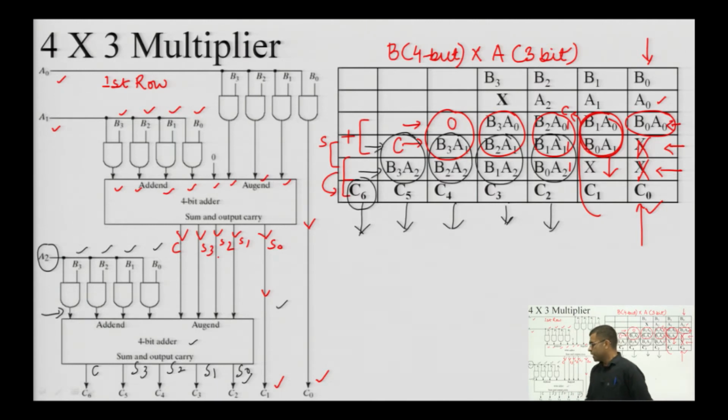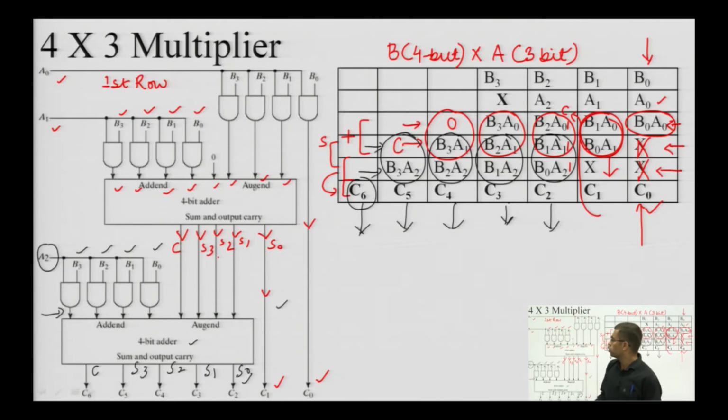Okay. It can be clearly seen that there must be another row here. There are 3 rows in a 4 cross 3 multiplier. In a 4 cross 4 multiplier, there must be 4 rows. That means this sum will not be considered the final sum, and we will use another 4-bit parallel binary adder to add one more row for A3 into B3, B2, B1, B0. Okay. So, this is how we can extend this multiplication concept to 4 cross 4 multiplication.